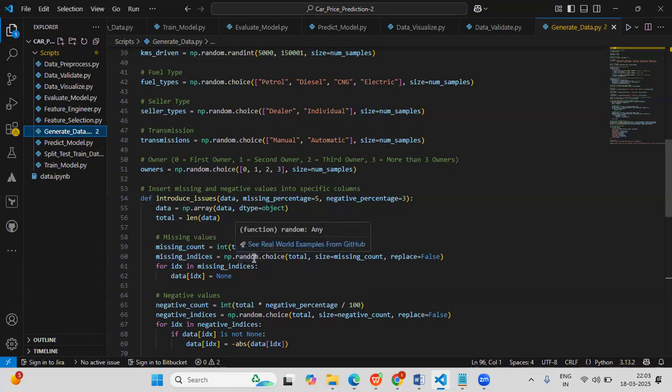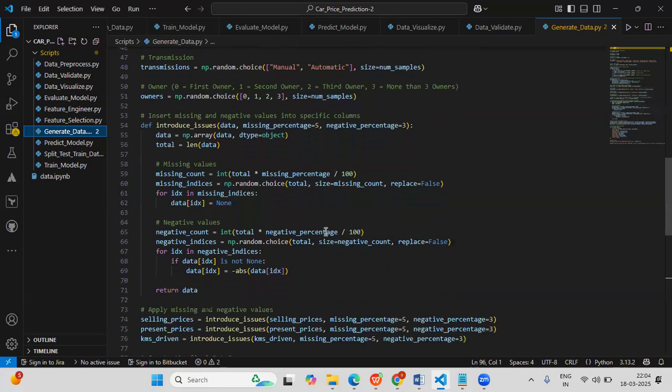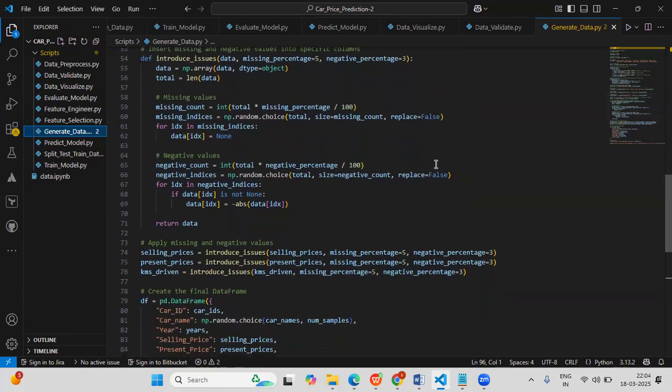This is the random choice function, where it will take the total, then size is missing count, then replace equal to false. Then I'm going to loop for IDs in missing indices. For any ID, the data at that ID will be set to none. Then similarly for negative values, the same logic will apply. Then once we find missing values and negative values, we are going to apply the missing and